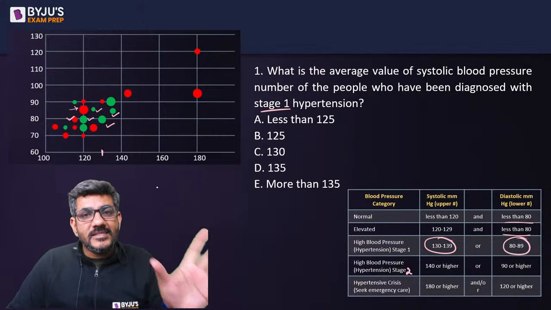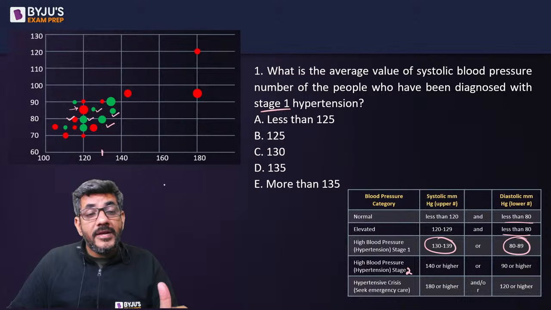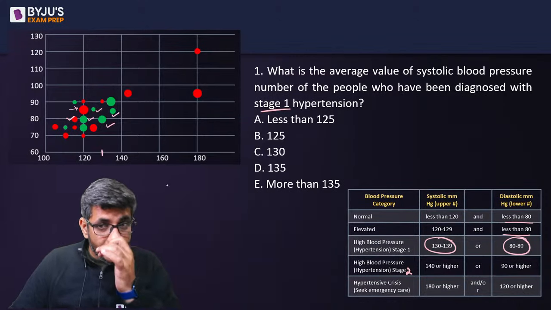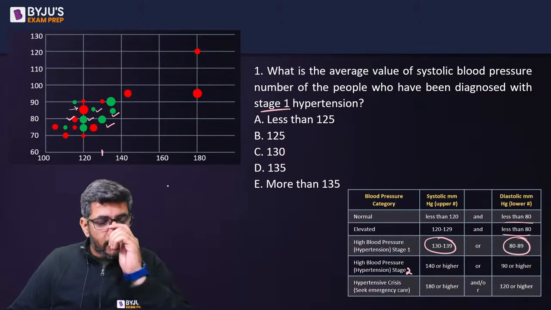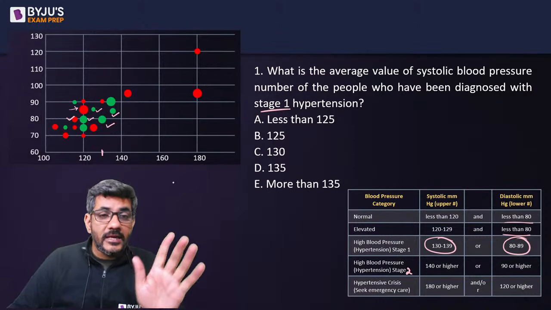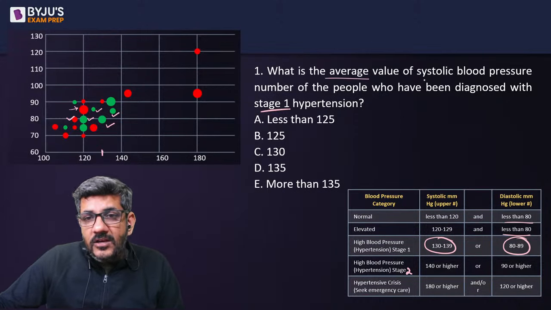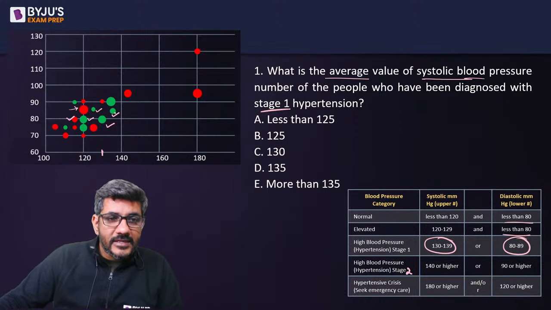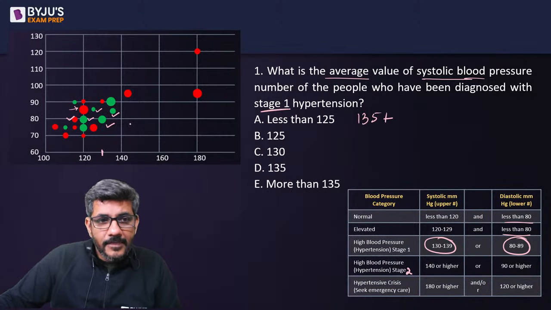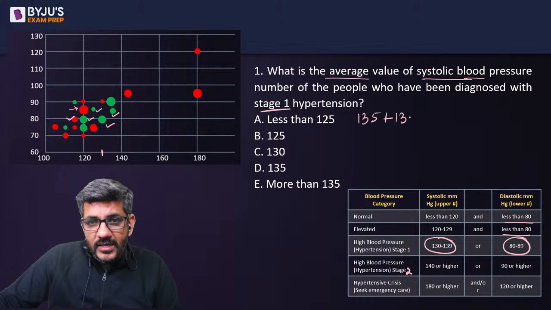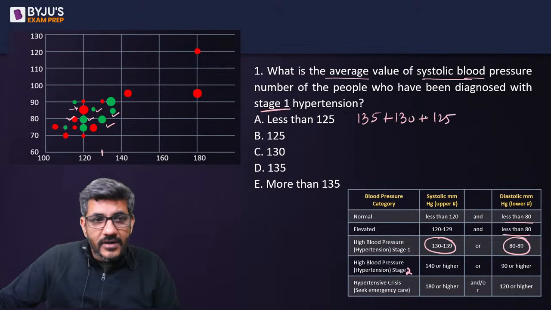इन दोनों में से किसी एक रेंज के अंदर आते हैं, राइट. और ये ध्यान रखिएगा 80 कैन बी टेकन बट 90 कैन नॉट बी टेकन. 80 टू 89 बोला था. 130 कैन बी टेकन, 139, 140 कैन नॉट बी टेकन क्योंकि वो नहीं लेना हम लोगों को, ठीक है. So let's have a look at the average value of systolic blood pressure of these guys. So this person here has a systolic blood pressure of 135. This second person has a systolic blood pressure of 130. This third person has a systolic blood pressure of 125.